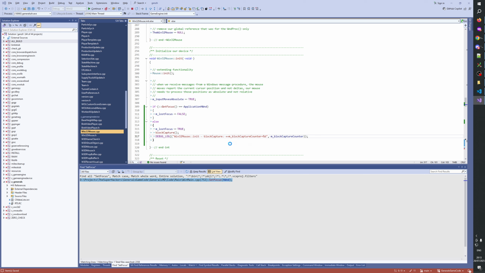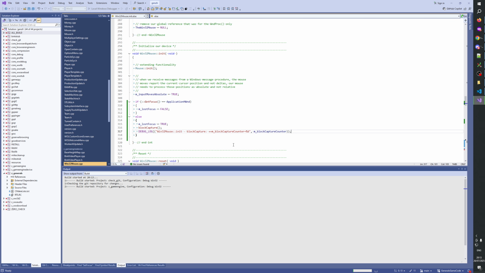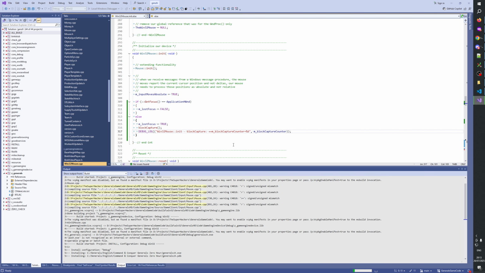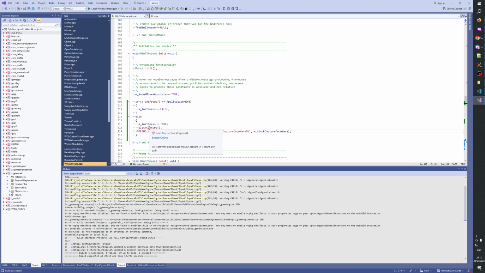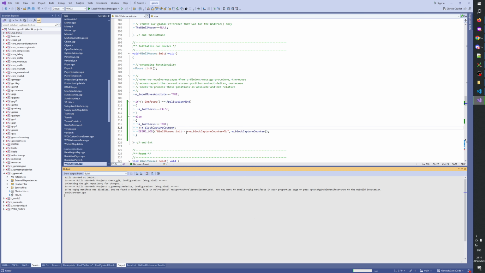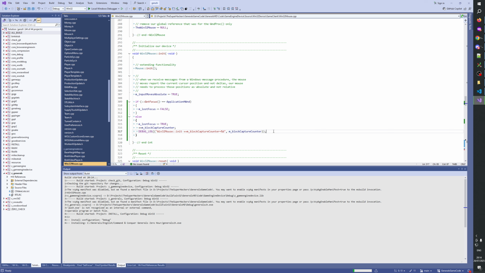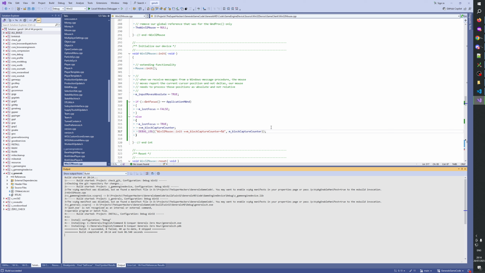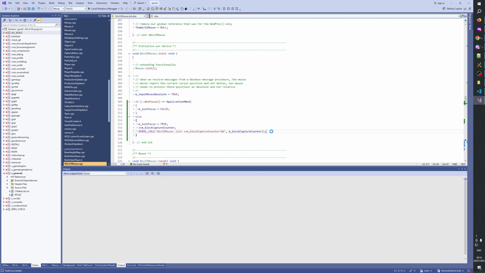Maybe this will work. I think we can simply increment it. Okay, let's see if that fixes the problem.